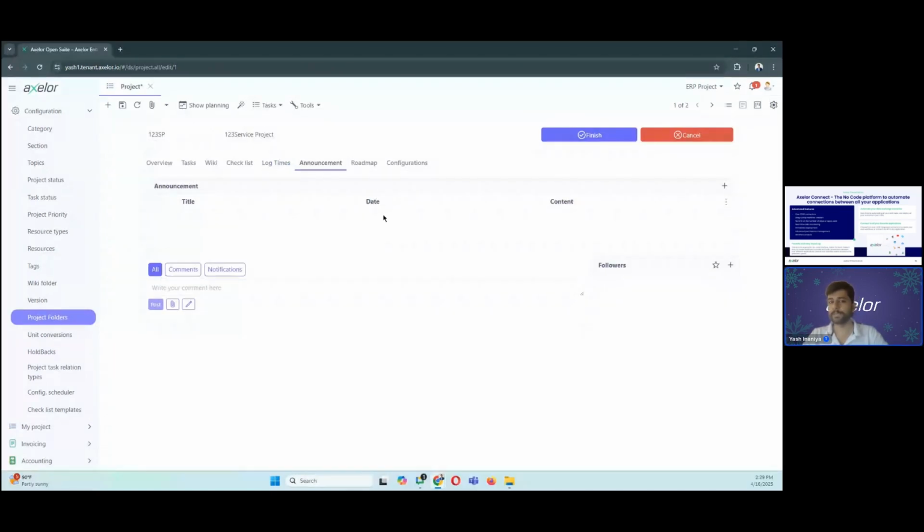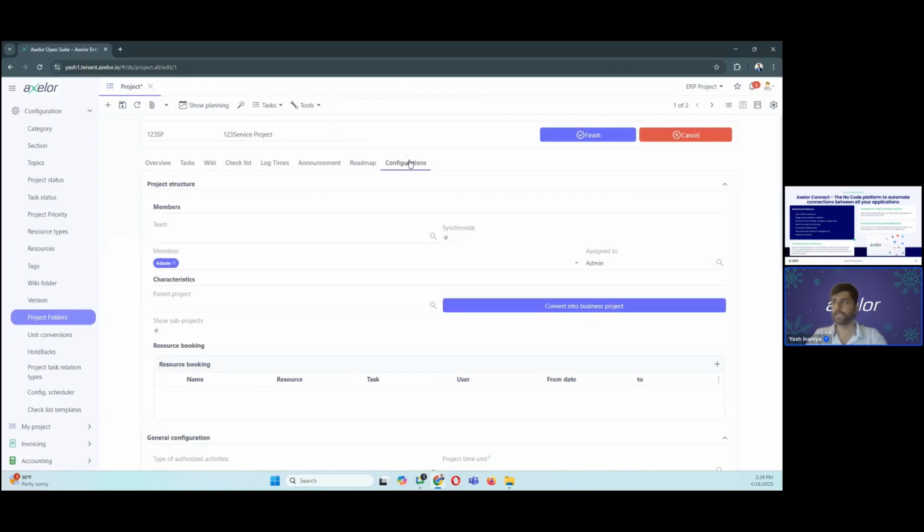Announcements, if there are any, can also be logged here, and then the roadmap. The roadmap is always an important factor when constructing or preparing an initial project, and we can have a complete roadmap available here. Then we can see what the roadmap was, how we are currently doing against it, and how we should keep our project going so that we stay along with what we designed